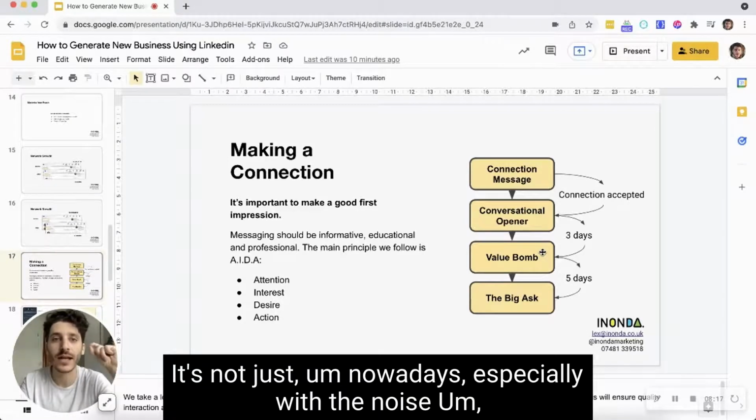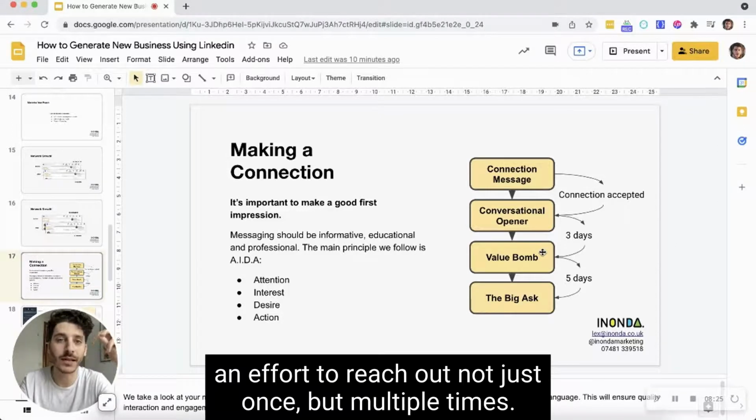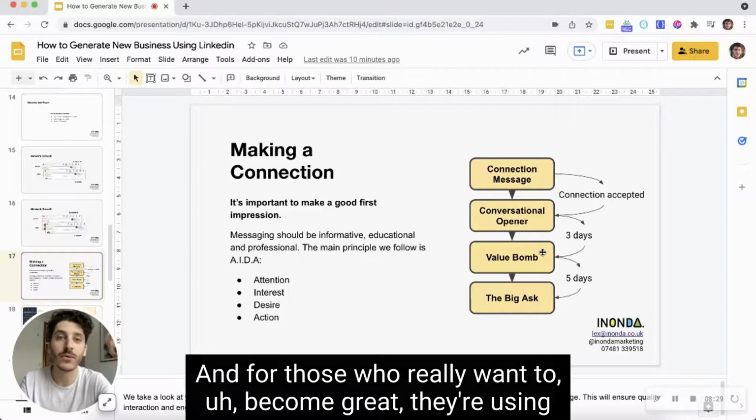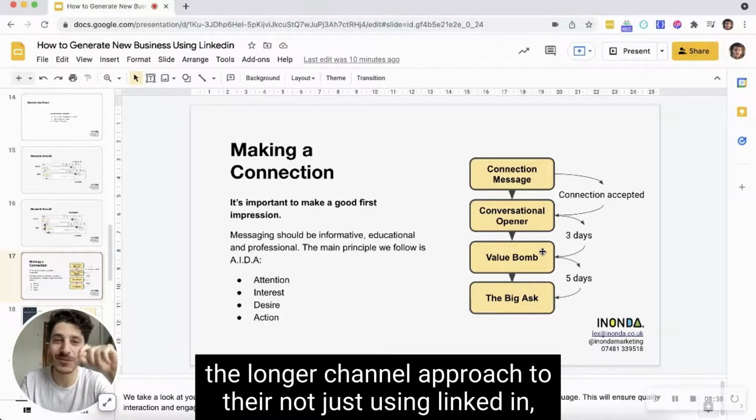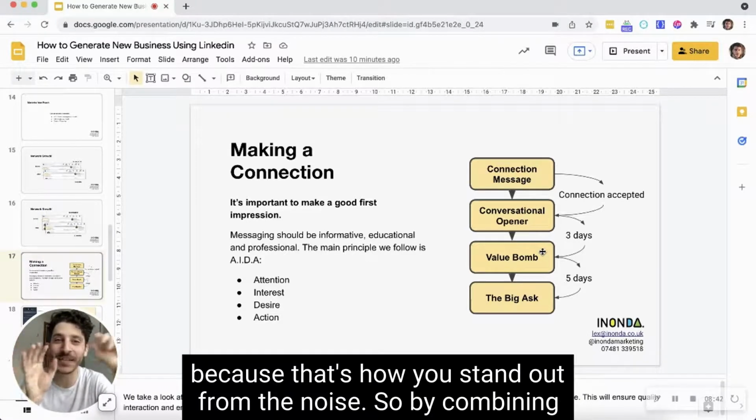It's not just nowadays, especially with the noise that is out there. It's important that you're making an effort to reach out, not just once but multiple times. And for those who really want to become great at it, they're using an omnichannel approach. So they're not just using LinkedIn, but they're also using email, and they're combining the 2 mediums, because that's how you stand out from the noise.